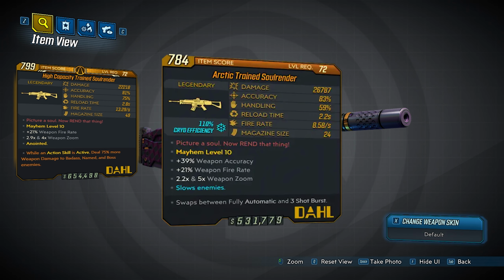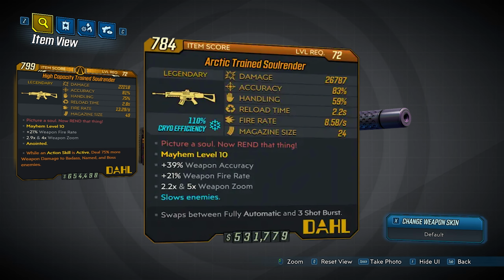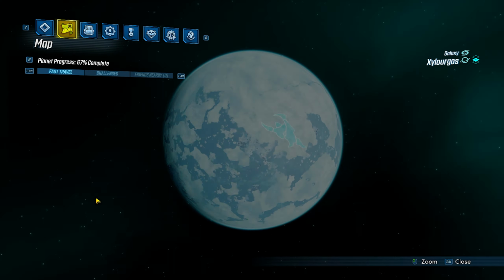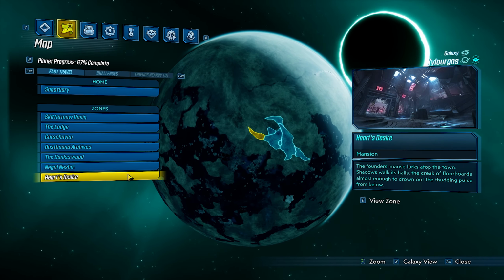If you guys want to see the Loot Lemon Certified God Roll weapon card, I will put that up on the screen here. And, of course, as you guys know, we're going to be showing you how to get this thing, who we're going to be farming, and then go through the wiki, give you some gameplay at the end. So to get Soulrender, we're going to be fast traveling to Xylourgos, primarily the Heart's Desire,